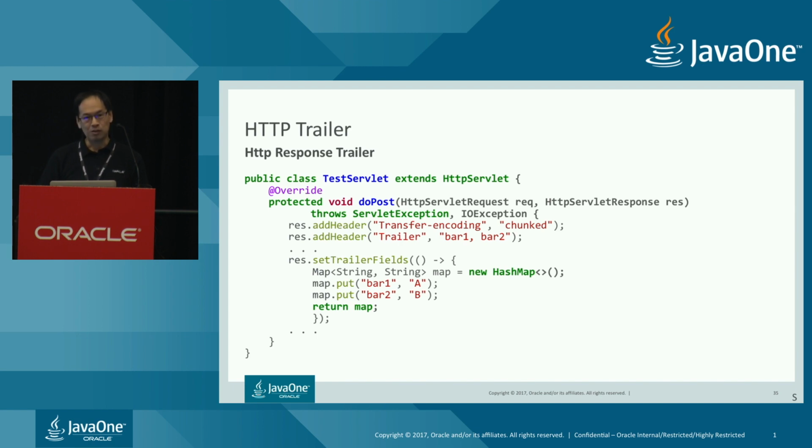Okay, now notice that in the API on the response side, you have a setTrailerField, and you also have a getTrailerField. Why do we need a getTrailerField? Because you're the owner who already set the trailer field. Do you already know what it is? Why do you need to get it again? It turns out there's a reason.